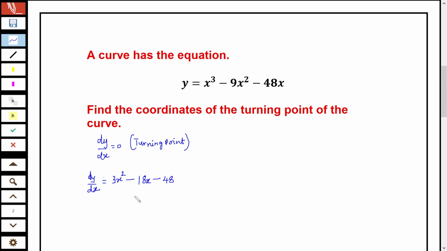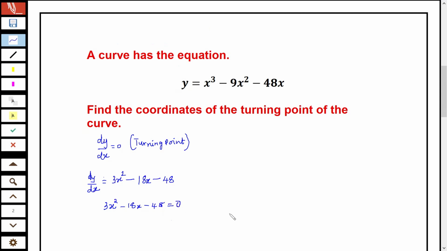Now, we're going to equate this to 0. As already clearly written here, dy/dx equals 0. So the result has to be equal to 0. So we have 3x squared minus 18x minus 48